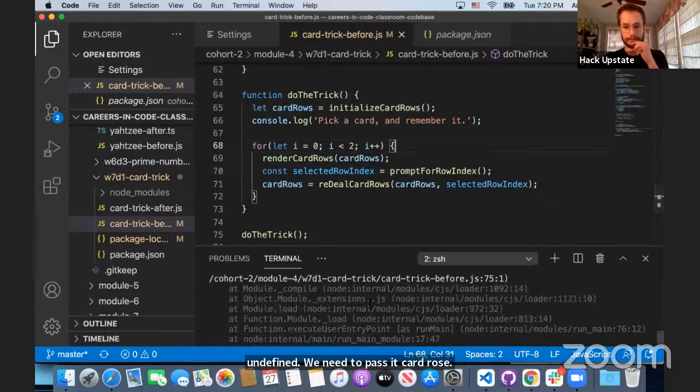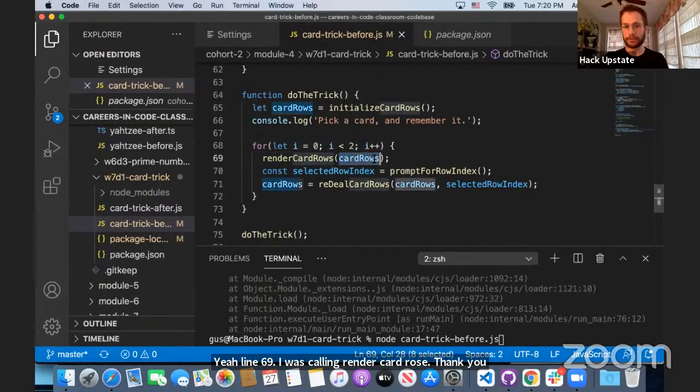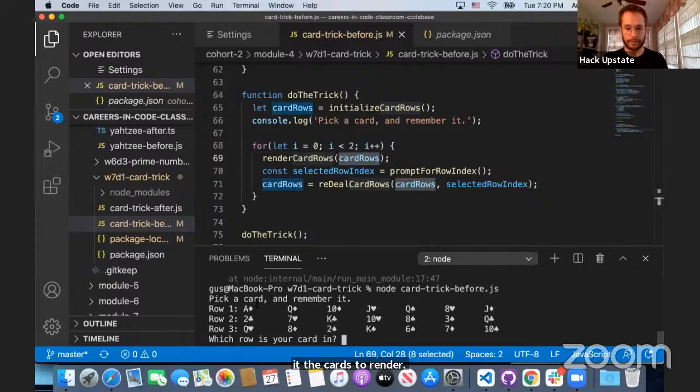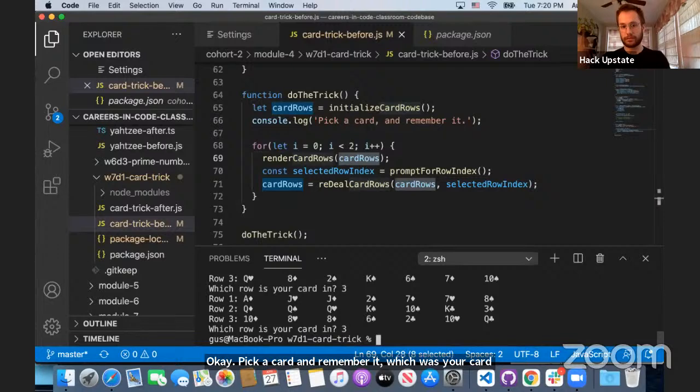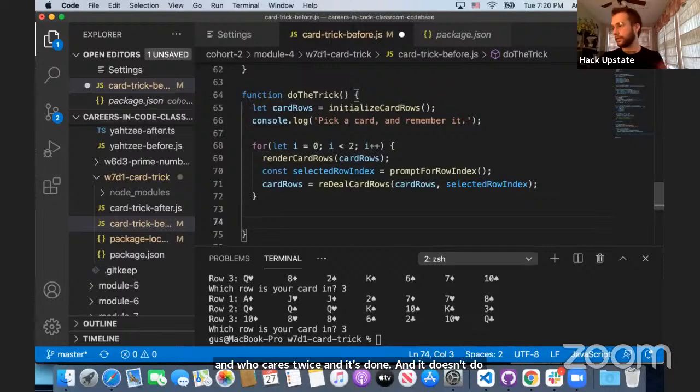Okay, let's try this again. Yeah, line 69. I was calling render card rows, thinking, oh, we'll just render them, but you actually have to pass it the cards to render. Okay, pick a card and remember it. Which row is your card in? Who cares? Twice and it's done. And it doesn't do anything else. Now, let's